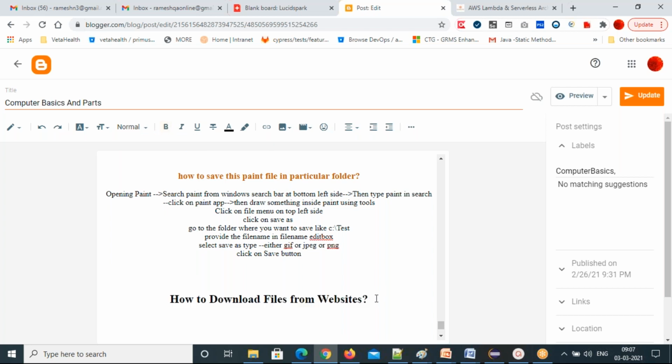Now first step is open any browser. You know what are all the browsers, right? Any browser.